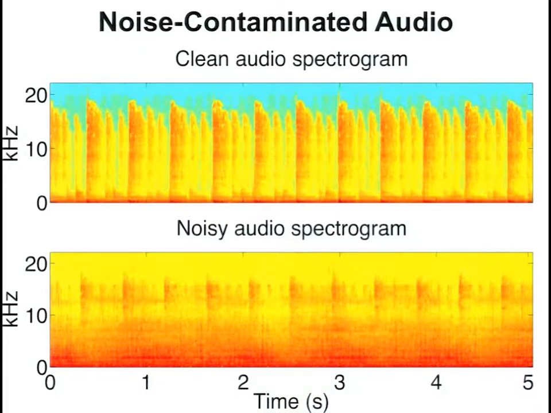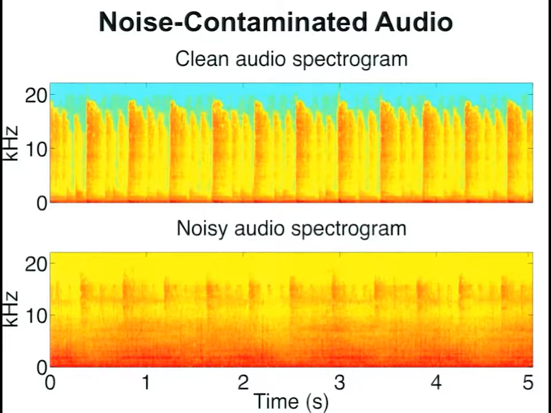You can see an example of that in the top spectrogram here. This is just a regular audio file, and the beats are very obvious even to us, these big red steady columns. Add noise into the picture, and suddenly it doesn't work so well. Noise can obscure the beats in the spectrogram and the acoustic signal, making it very hard for existing beat tracking systems to figure out where those beats are.